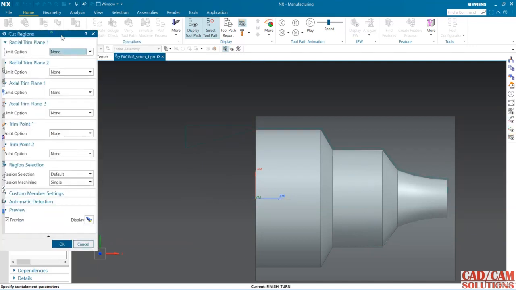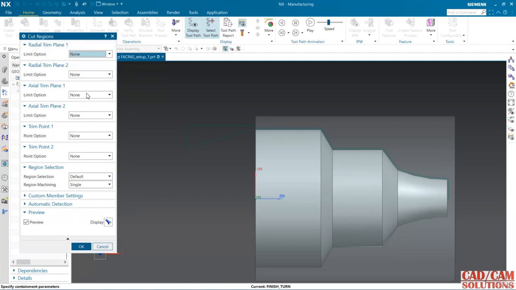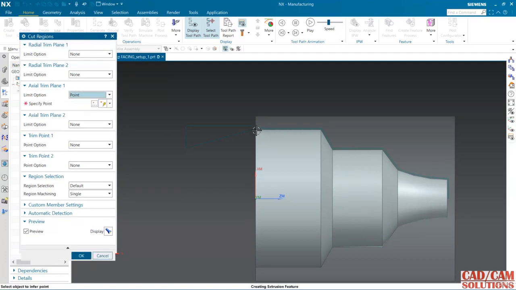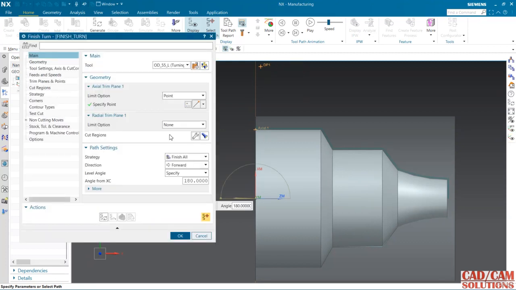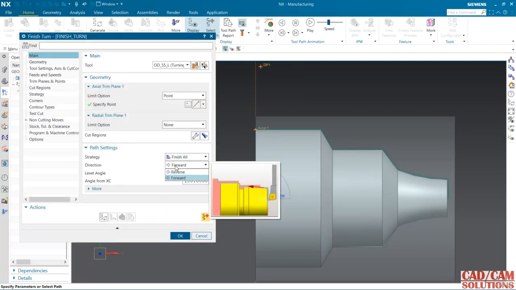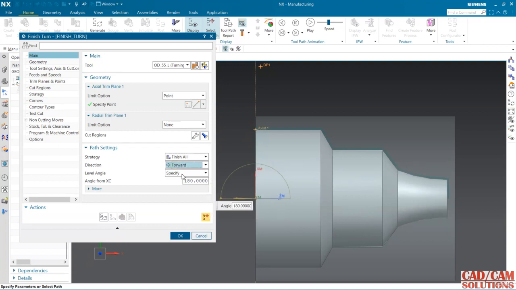edit region, and under this edit region my excel plane is this point. So it will finish up to this. Okay, and finish all is a strategy, and in forward direction it will cut, and click here to generate,